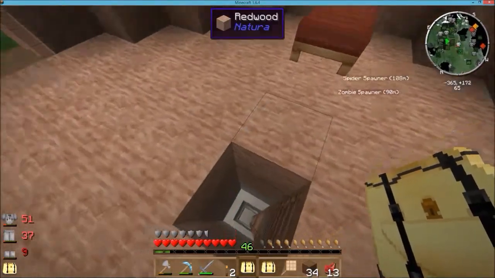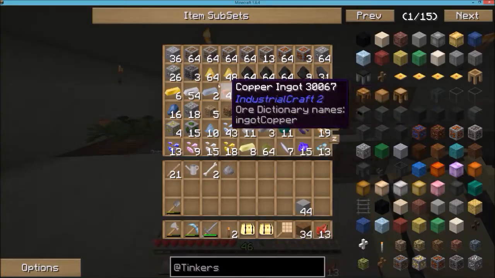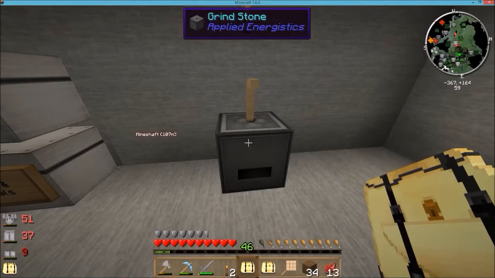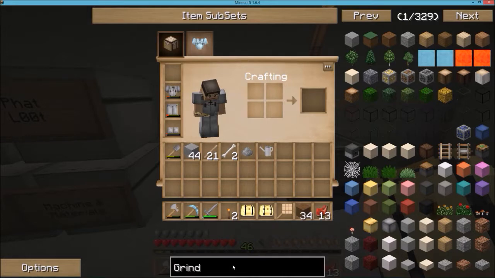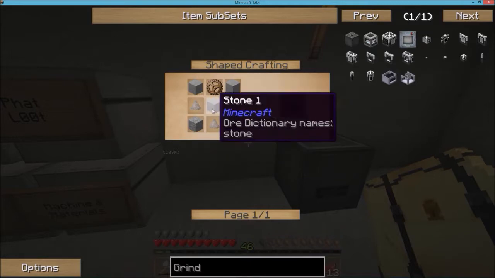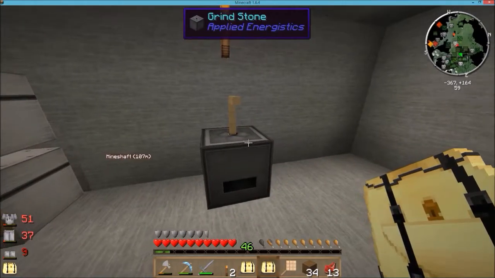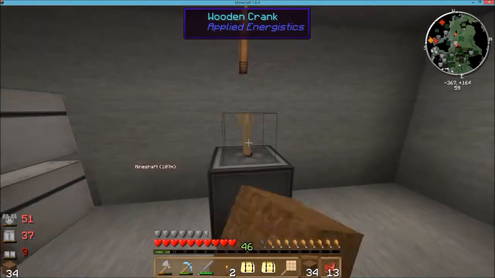because I originally went down and got a ton of materials. I mined for a few hours, wasn't too much, and I made this thing called a grindstone. It's pretty easy to make. It's basically the first thing you want to make when you start getting ores. It's from Applied Energistics,